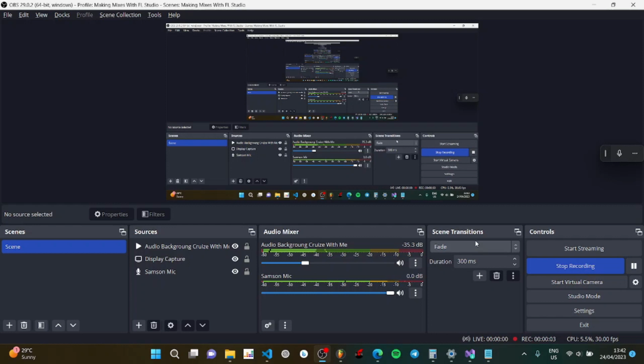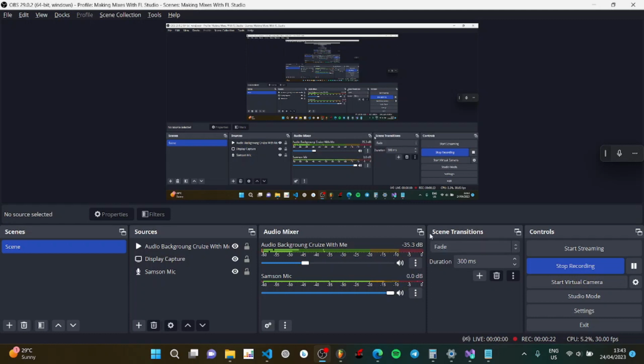Splitter is a program that I use to split my tracks into an acapella and an instrumental. So basically how it works is you just take an original track, you load it into the program, and the program will split that track into an acapella and instrumental that you can use in your mixes.